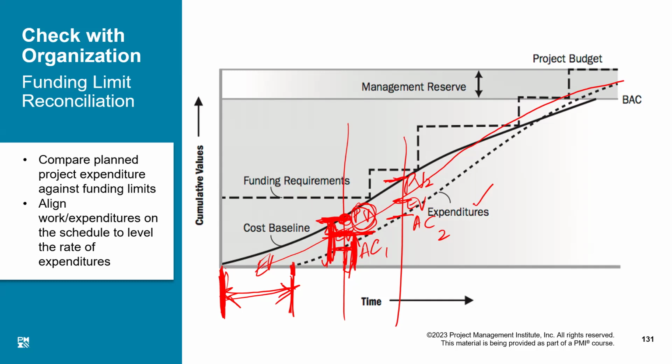Because our earned value is less than our planned value, that means we are behind the schedule. We can't predict how much money we have spent so far because earned value does not represent the money which is actually spent. That is represented by the third point, which is actual cost at this point. And this distance represents how much money we have spent, right? Now I will tell you how all of this is happening.